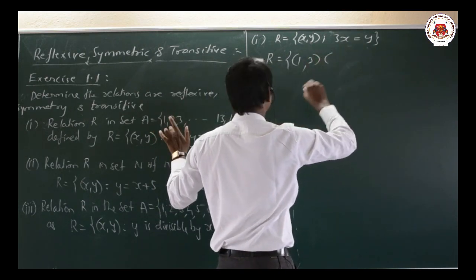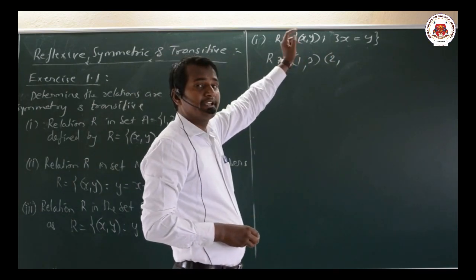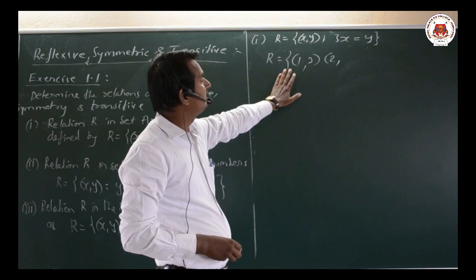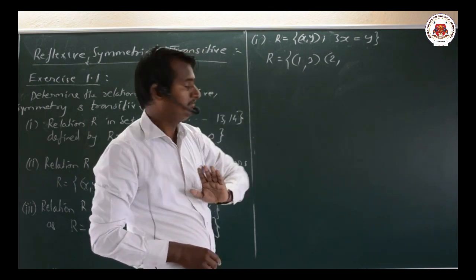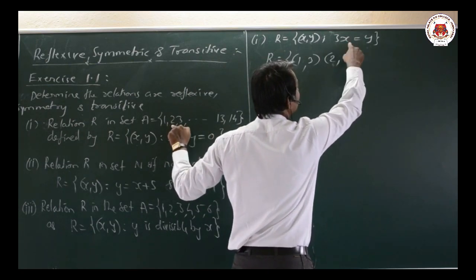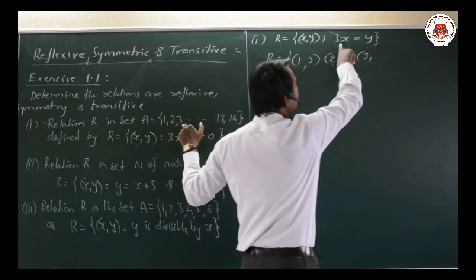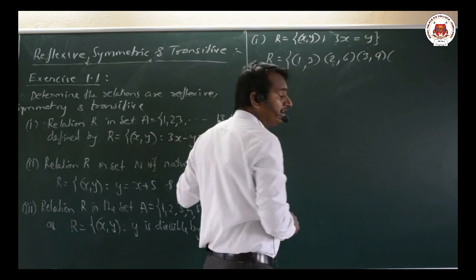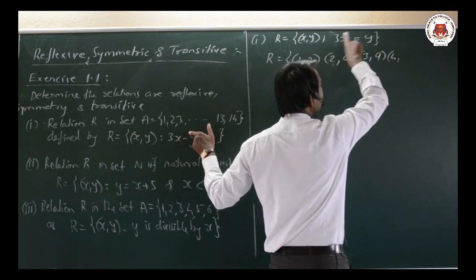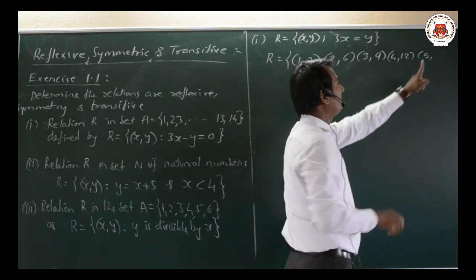Then if I take x as 2, pay attention here. This is in set builder form. We are writing in the roster form. That is related to our first PUC chapter, and we have already discussed all these things in the introduction chapter. Now, if we take x equal to 2, then y equal to 3 into 2, that is 6. Then x equal to 3, 3 3s are 9. Then x equal to 4, y becomes 4 3s are 12. Then x equal to 5, what is the y value?